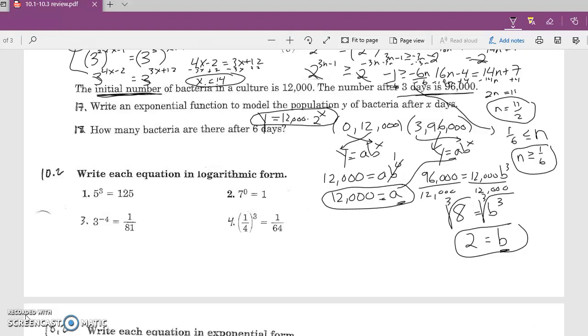Now, after that, we can basically predict how many bacteria there would be on any given day. So if it says how many bacteria are there after 6 days, we would just pop the 6 in for x, so we would do y equals 12,000 times 2 to the 6th power. So 2 to the 6th power is 64, and I multiply that by 12,000, and we have a bunch of bacteria. We have 768,000